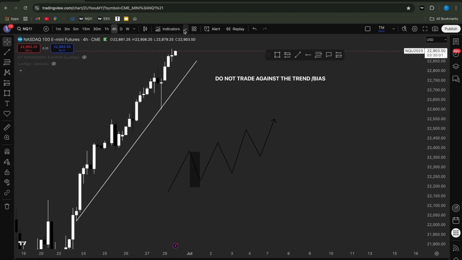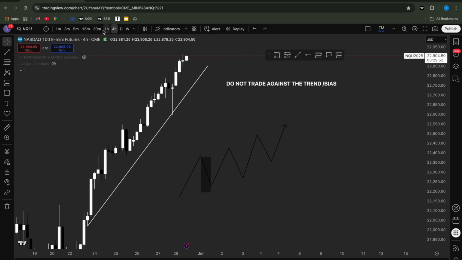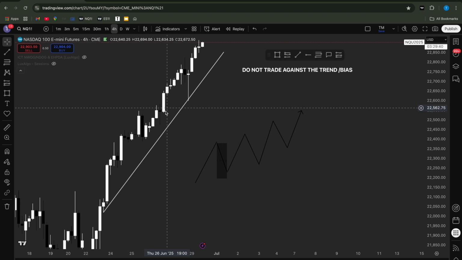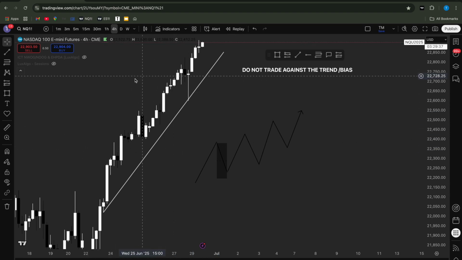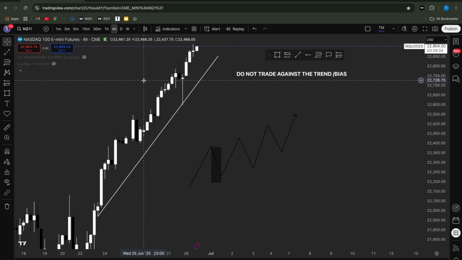But essentially, price goes up, it moves like this. Price goes up, comes down a little bit, up, down a little bit, up, down a little bit. That's how it goes. You identify your trend on the 1 hour and the 4 hour, and you do not want to trade against it. So if it's a bullish trend, you're only looking for longs. You don't want to be looking for shorts and trying to catch a reversal. And the trend just forms one part of your bias, but we won't go into that yet. All you need to know is how to identify an uptrend, how to identify a downtrend,